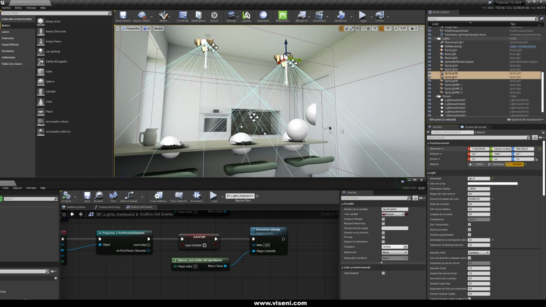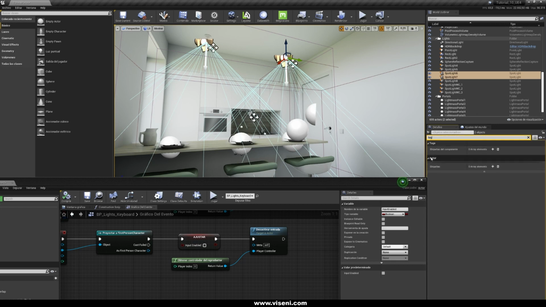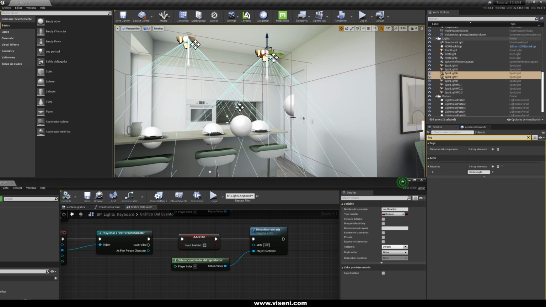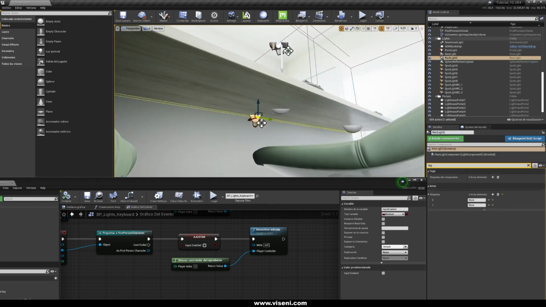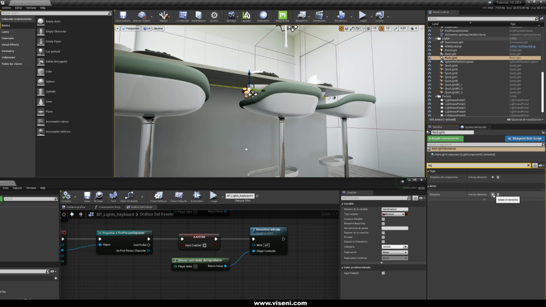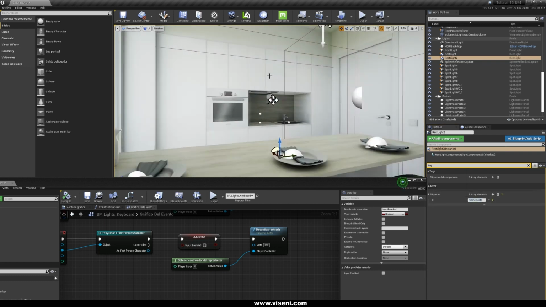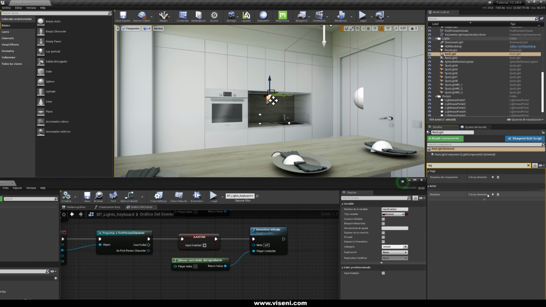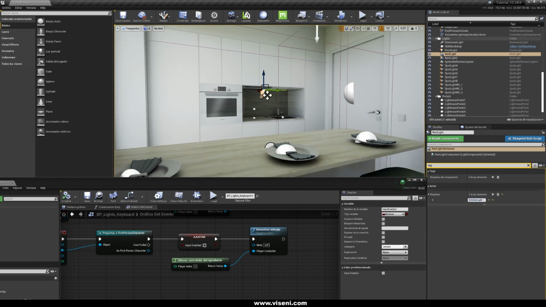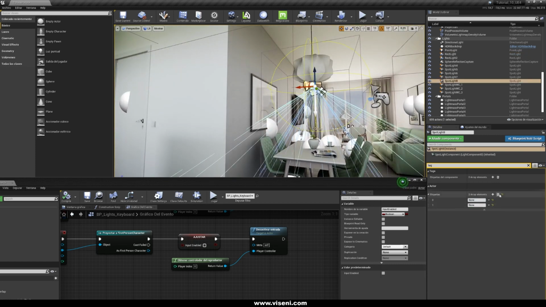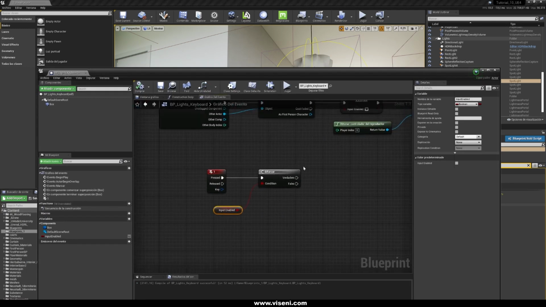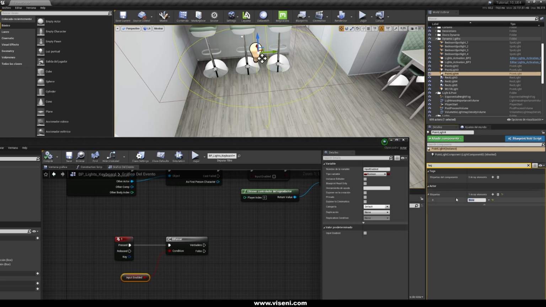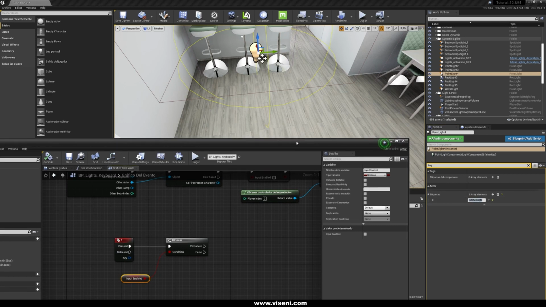So now let me look here in our search detail for tag, and we add a new one, and our tag name is going to be kitchen light, for example. So now let me look at this light, for example, and we do the same. We add a new tag and we set the same name. So like that we do the same with all the lights we have in this area that we want to check and uncheck with the collision event. Okay, I've forgotten also this one, so let me check it because this is like a field light, and we